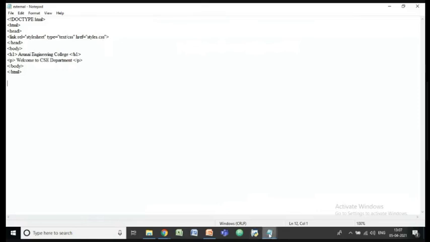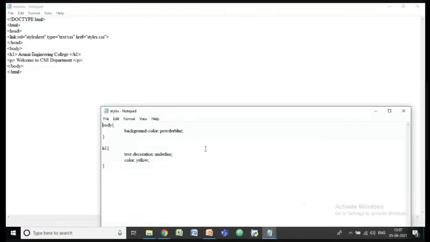We open a new notepad and write the styles. For the body I need a background color of powered blue, and for the heading I need an underline in yellow. Okay, text decoration is underline, and the color is yellow. So this is the style I need for my web page. Once I typed my styles, I store that program with the extension .css. So this is the styles.css, that is my reference.